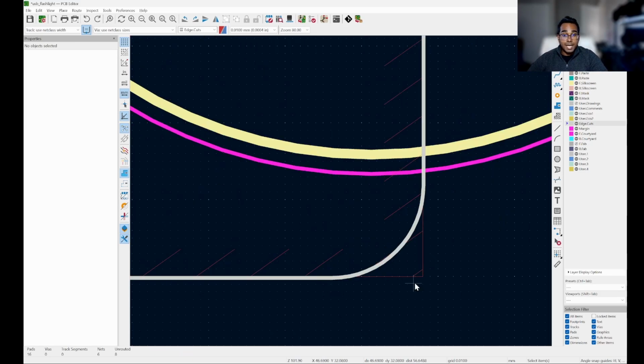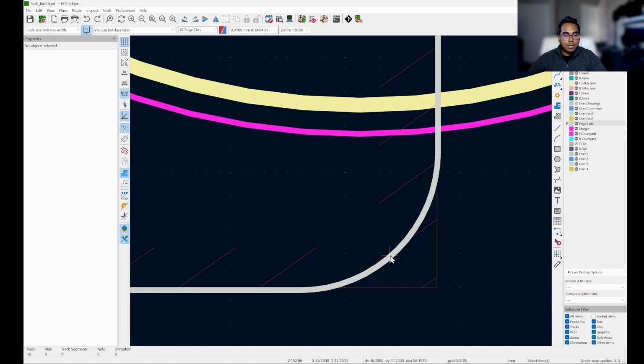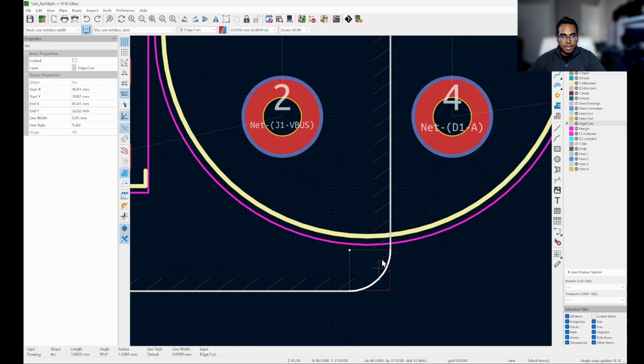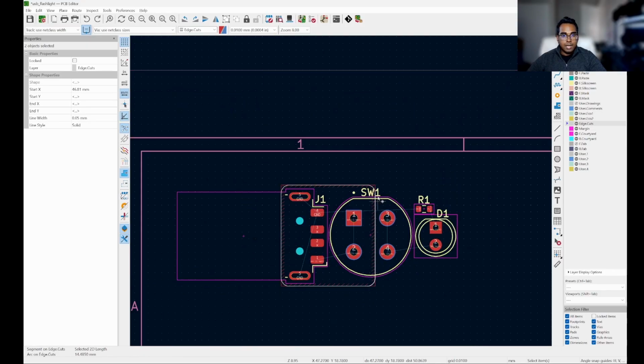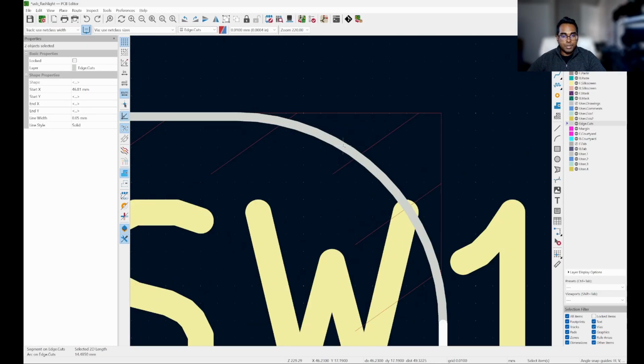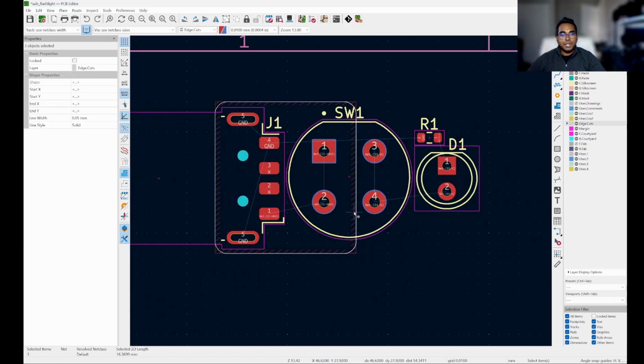What I'll do instead, here's another slightly more advanced trick that you will use a lot whenever you're designing PCBs. I'm going to select this arc on the bottom corner, and now I'm going to hold Control and select this line on the right hand side as well. And then still holding Control, I'm going to select the arc in the top right. Now I want to shift all of these over past the diode over here. That's about maybe